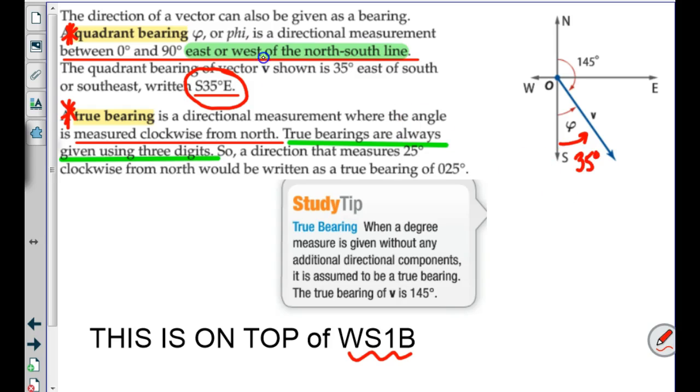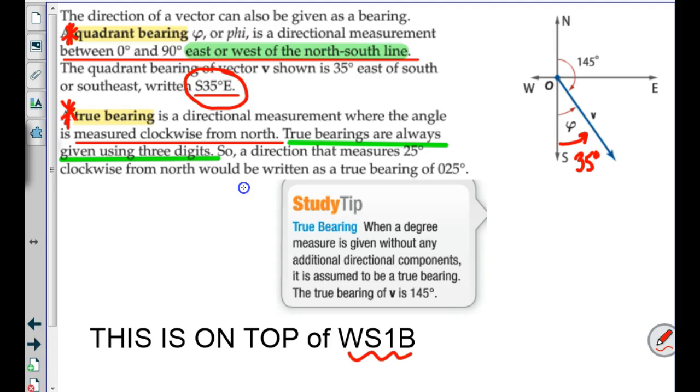Okay? When they want us to use a quadrant bearing. A true bearing is a directional measurement off of north, and it goes clockwise, which kind of messes with us because everything else we've done is going counterclockwise. A true bearing is used, for example, in